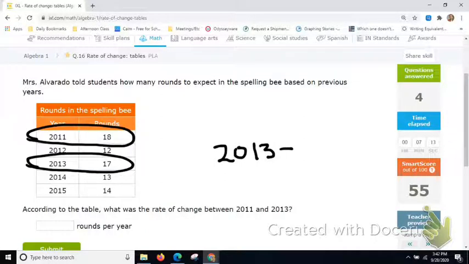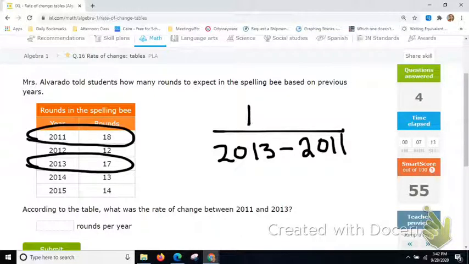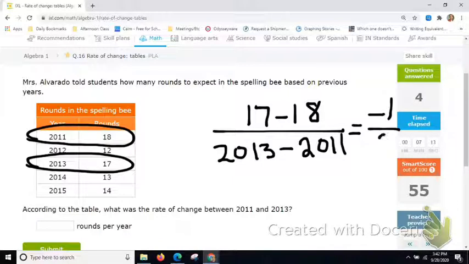The later one, the second one is first when I subtract. That way I have positive years, like 2 years have passed. And this went from, so it's 17, it had been 18. So it went down 1 in 2 years. All right, so it went down 1 in 2 years. So that would be -1/2 or